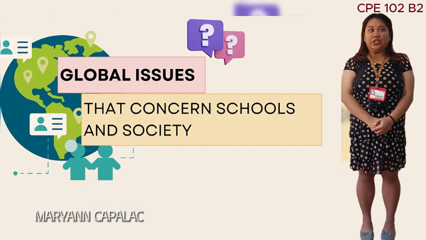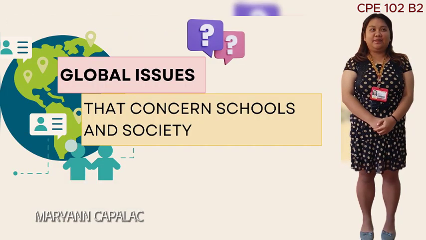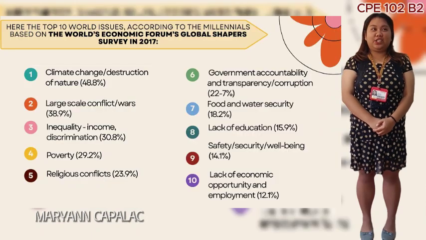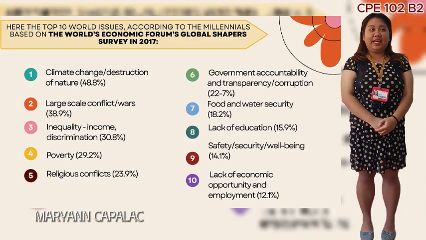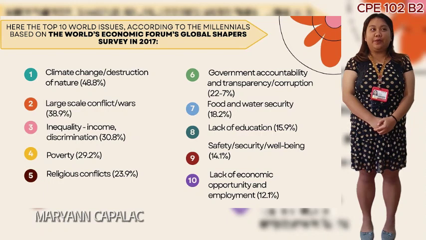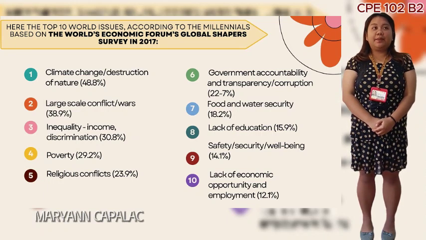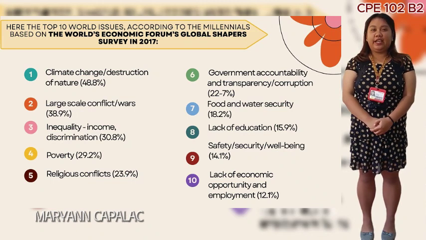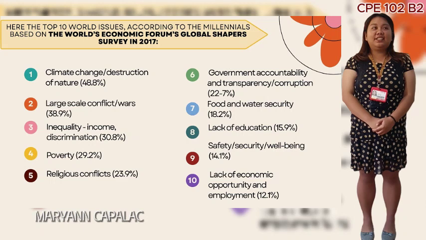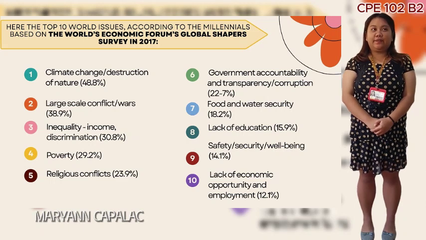Global issues that concern schools and society. Here are the top 10 world issues according to the millennials based on the World Economic Forum's Global Shapers Survey in 2017. Number 1, climate change, destruction of nature, 48.8%. Number 2, large-scale conflict, wars, 38.9%. Number 3, inequality, income discrimination,